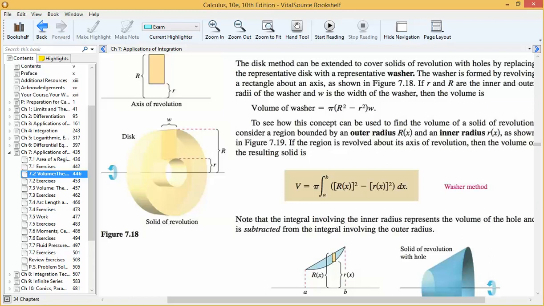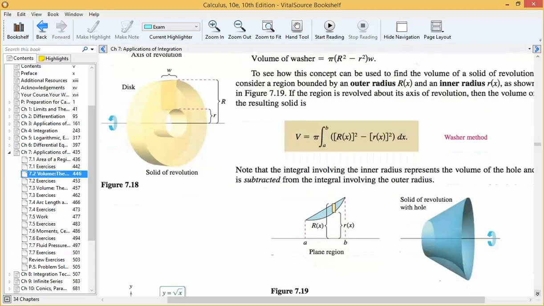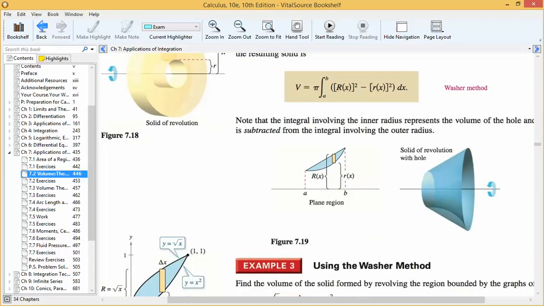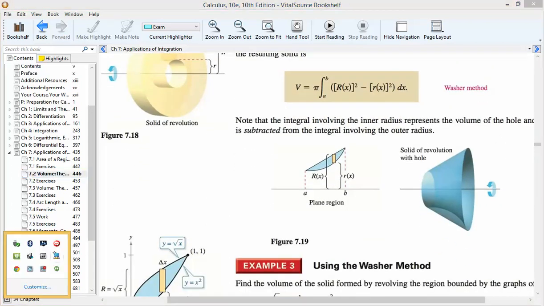So do you understand the difference between the disk method and the washer method? The disk method is used whenever you have a solid figure. You're not missing anything. No pieces are missing. It's solid. The washer method is just an extension of the disk method, and you use it whenever you're missing a piece, whenever something is not a solid figure. Okay? So that's what we'll pick